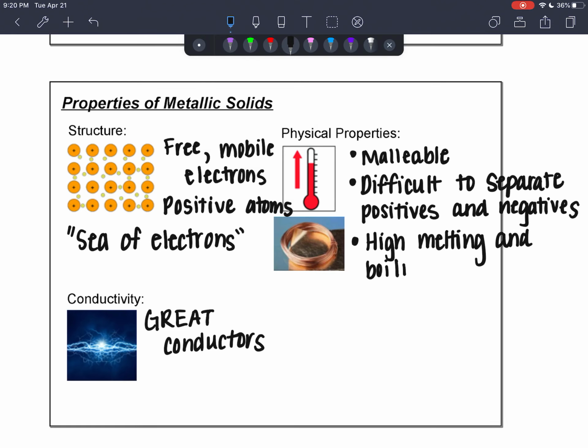Now, typically, metals are solids, and they're not usually soluble in water. They will react eventually, like rust is a reaction with water, but you don't drop copper in water and see that it melts, or drop gold in water and see that it melts or dissolves, so they're not really soluble. So this wraps up our video on metallic bonds and metallic